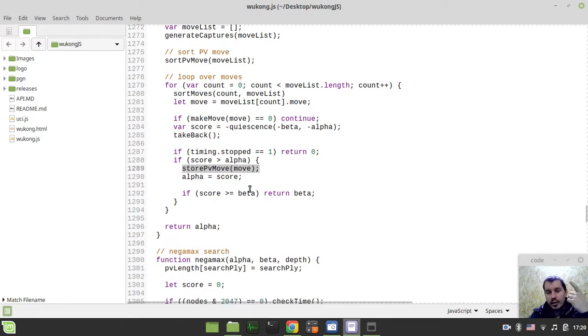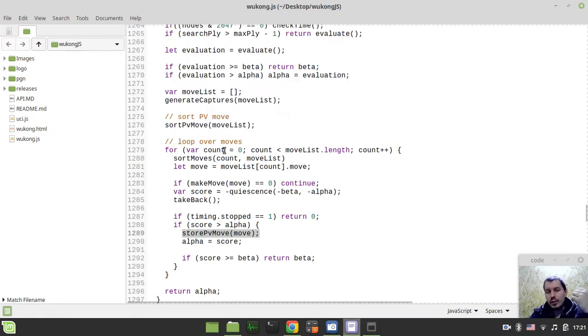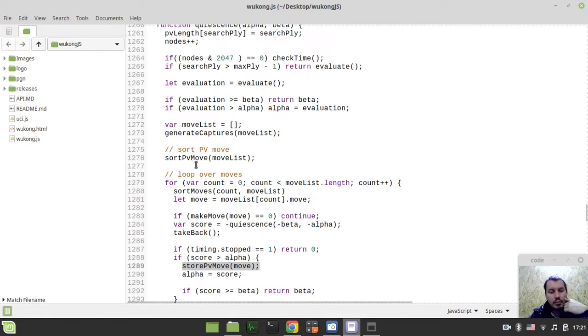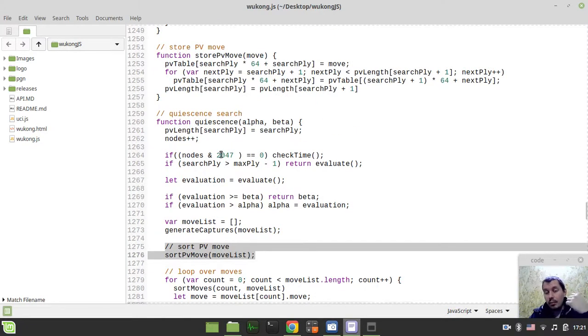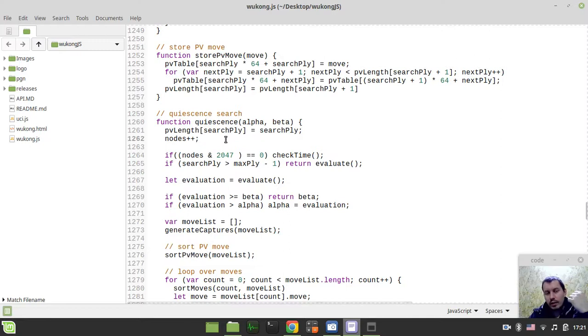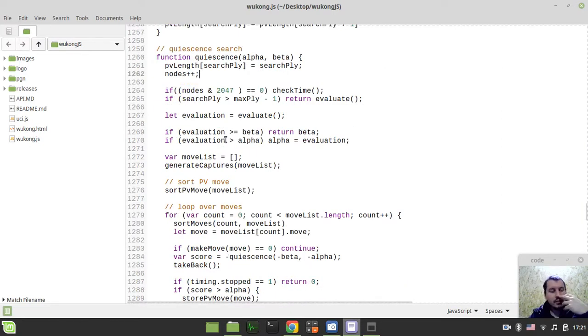So I was just thinking, we don't really want to show the principal variation from the quiescence search, because it goes beyond our interest, since we're only interested in the variation of either fixed depth or time within the main search. Quiescence only serves the purpose of getting rid of the horizon effect, just to avoid the engine giving pieces away. But at the same time, surprisingly, storing the principal variation move and then sorting them within the quiescence search actually helps improve our search a little bit. It's not significant, but anyway,